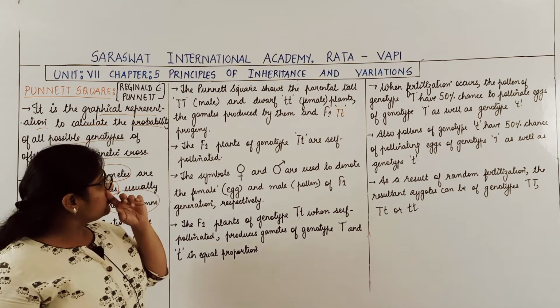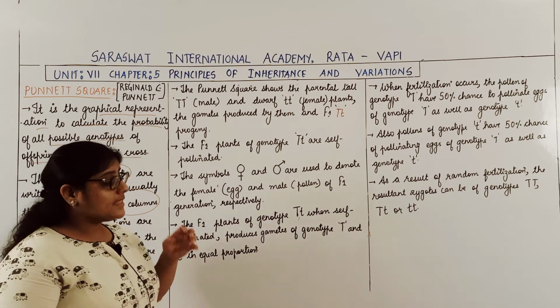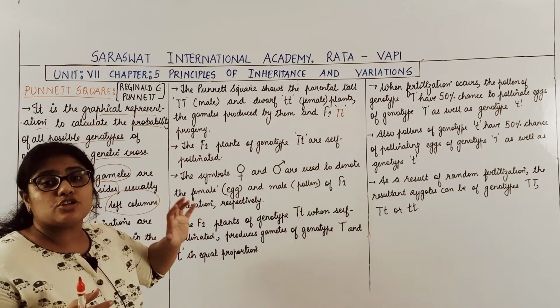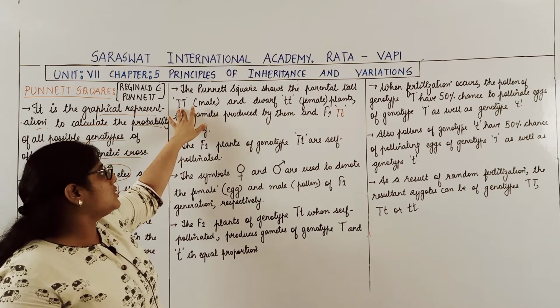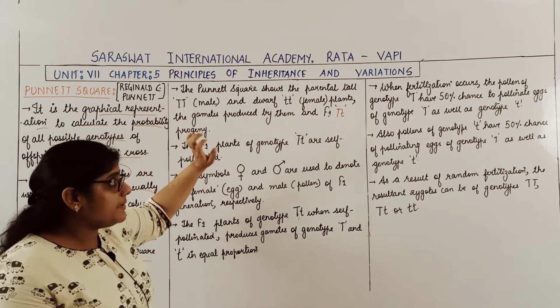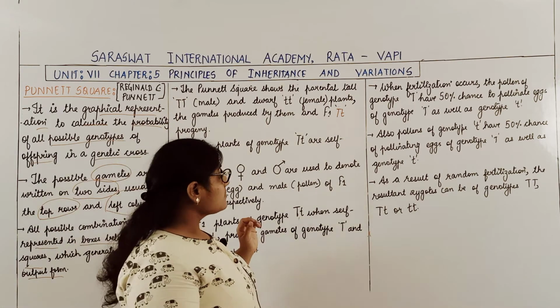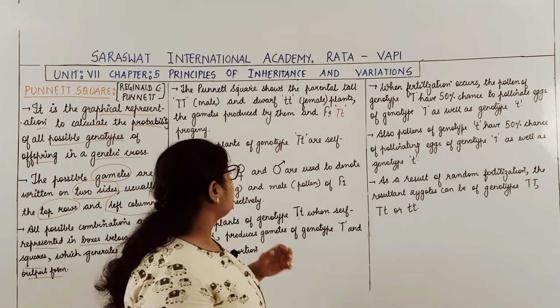What does the Punnett square show? The Punnett square shows that the parental plants, which type of plants are they? Pure tall and pure dwarf. So pure tall plants will have the genotype capital T, and suppose that plant is a male plant, and the dwarf plant with the genotype small t is a female plant.